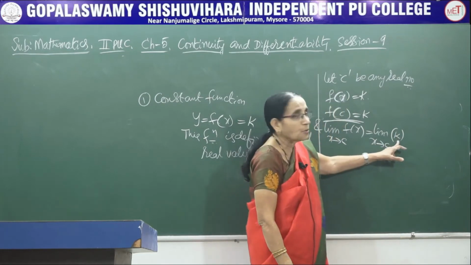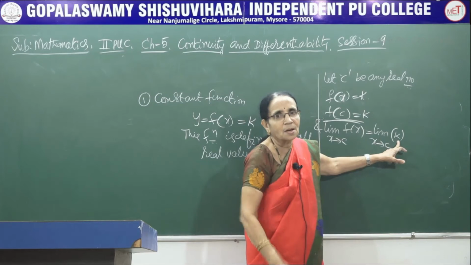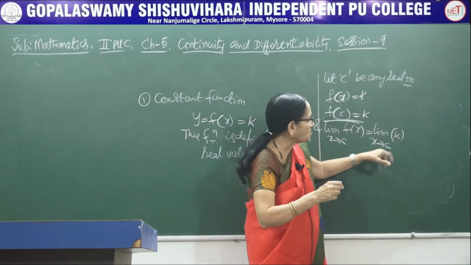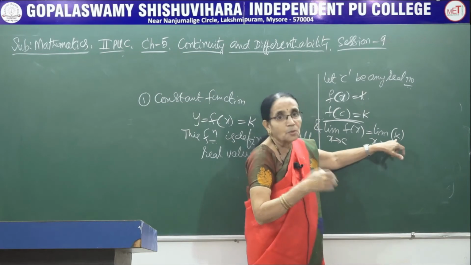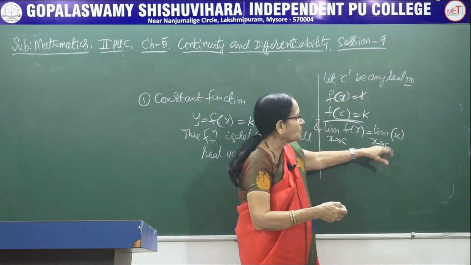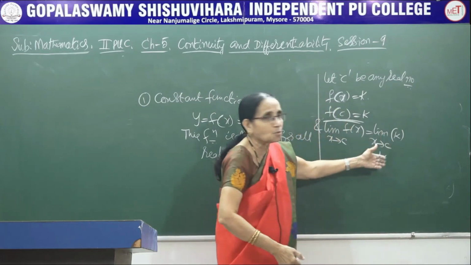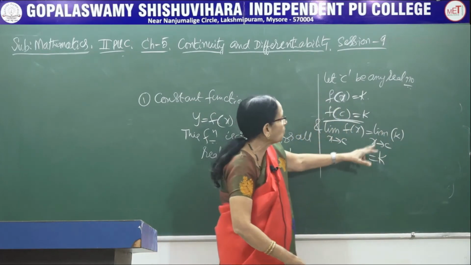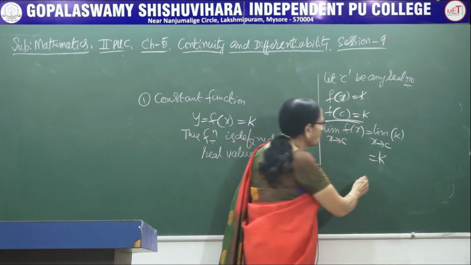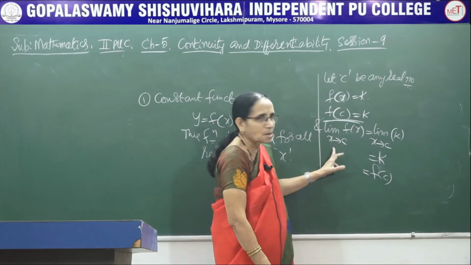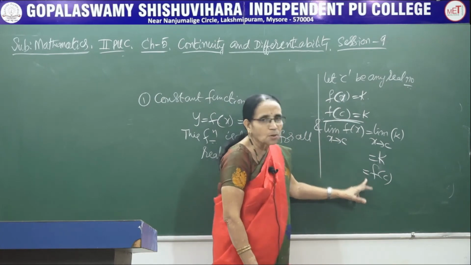Look here, if we had a variable x like that, or any type of function which involved x, we could have replaced x by c here. But it is a constant that remains the same. You cannot write 3 as 4 or 4 as 3 like that. Now what is k here? It is nothing but the value of the function. That is, limit f(x) as x tends to c is equal to f of c.